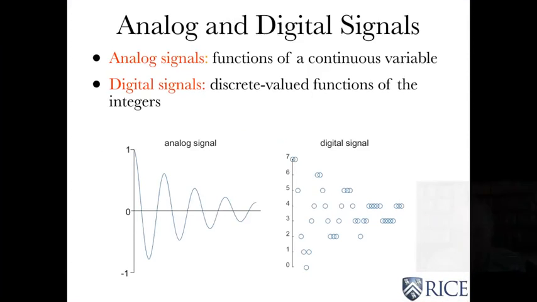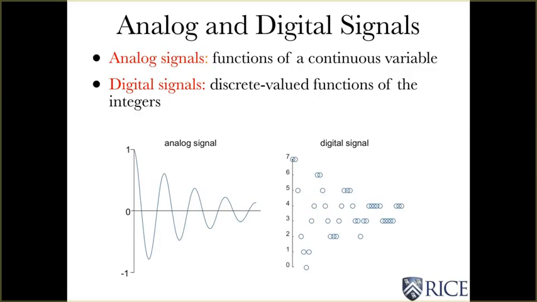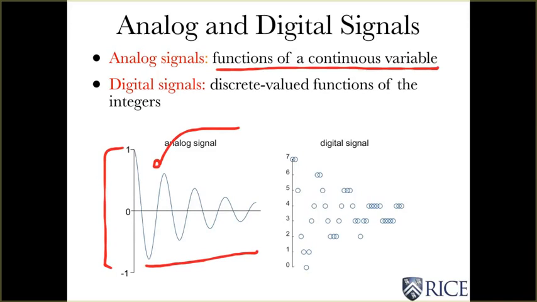All right, so let's go over the definition again of an analog and a digital signal. Analog signals are functions of a continuous variable like time, and I show a typical analog signal here. It wiggles around, has a continuous range of values for the amplitude, and these are functions of continuous time. Digital signals are discrete valued functions of the integers. So I show as a bubble plot values of a signal here. They're isolated, they only occur at the integers. And you'll notice these various fixed set of amplitudes, and those are the only amplitudes that are allowed